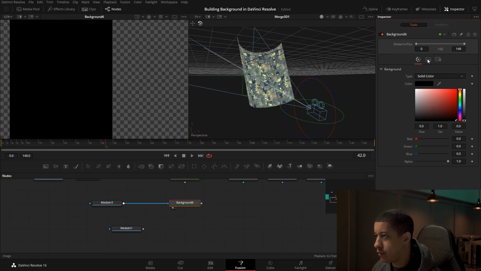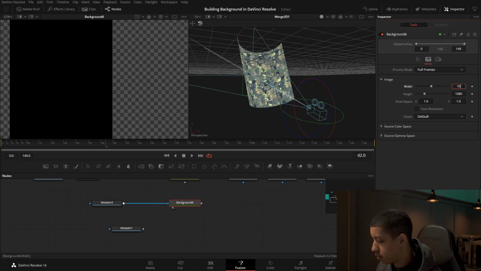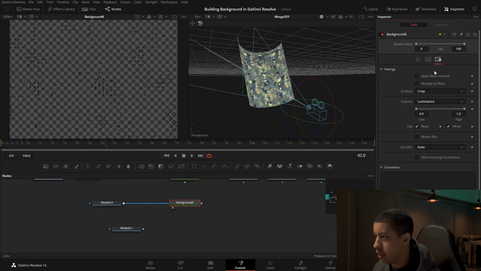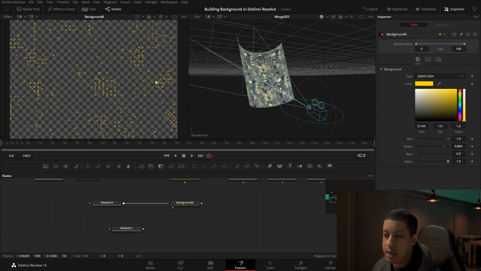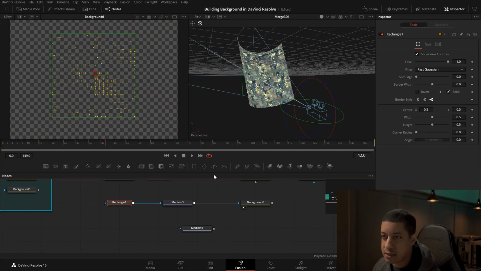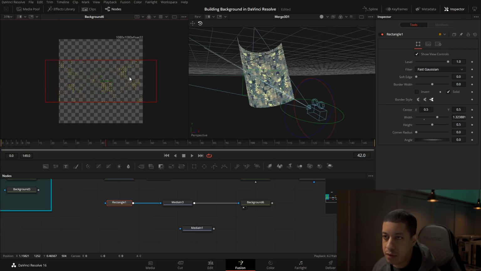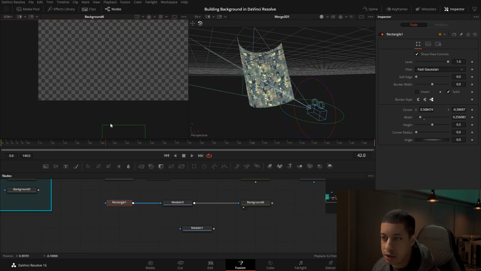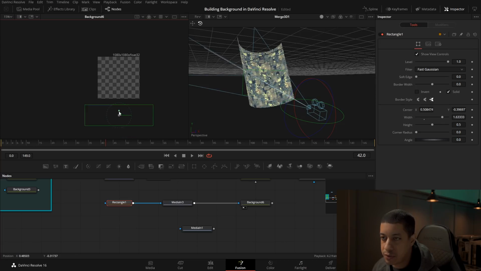If we take a look at this, if we go back and switch this up, we can go into luminance, and then we can make this into a color. Now we have this color, and if we take a rectangle mask, we can mask it. One cool thing that we can do is now we can have this go, right? Something like that, or we could make it small and have it go across. You could do a bunch of different things, but whatever you want to do, I'm just going to have it go like a wipe across.